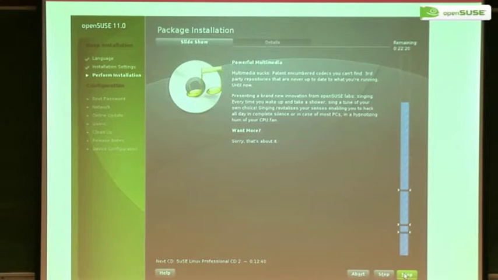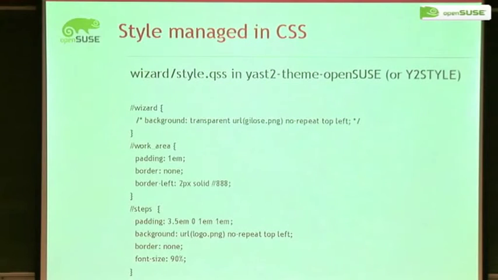You want to make the installation look like you want. And for this, the only thing you need to do in 11.0 is to edit a CSS file. And I think everyone that has seen the web knows more or less how this works. So you have some definitions of areas and elements, and you can define how they should look, color and everything. If you go to the just2 theme openSUSE package, you will find the one we are shipping by default in openSUSE. You can take that one, modify it, change the colors, or you can even set a variable Y2 style to try new ones. And with that, you can run the complete installer as you like.